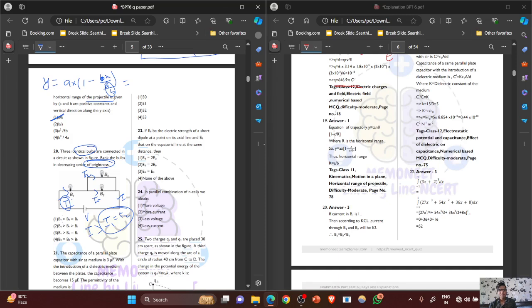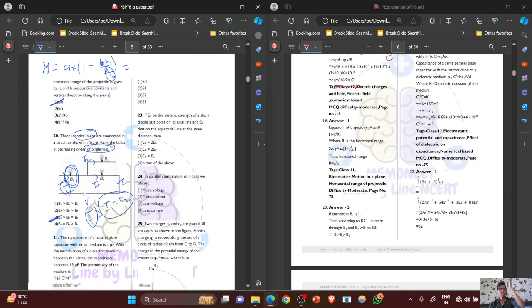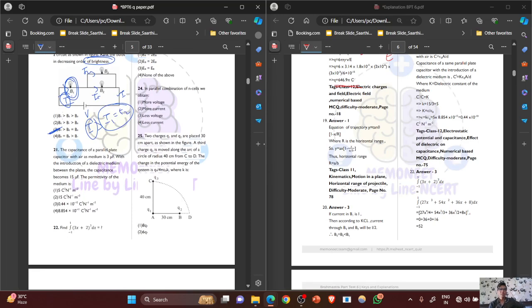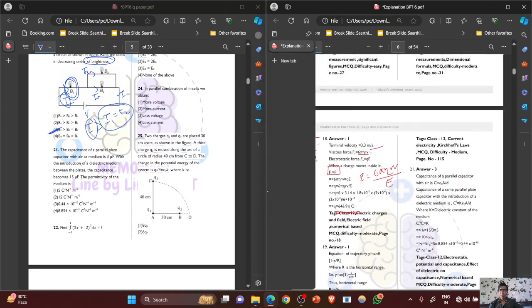Now, the more the current in this, the brightness of this will be greater. So the brightness of B1 is more, but the brightness of B2, B3 will be same. Option third is the correct answer. It's a theoretical question. No need to think too much. Now moving ahead,